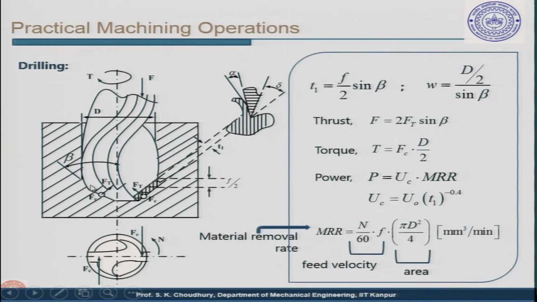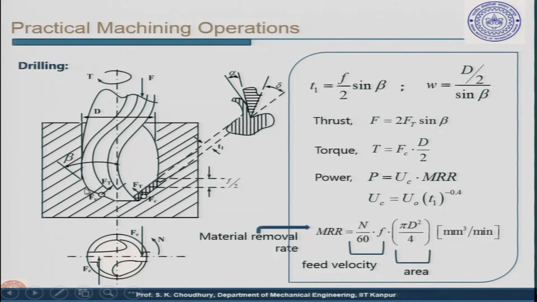In drilling, one difference is that here there are two teeth. This is the difference from the single point cutting tool. In turning, it is a single point cutting tool, that is one single point, and here there are 2 points. These are the lips, popularly known as the cutting lips. This is one lip, this is another lip. In this view, these are the cutting lips, this one and this one.